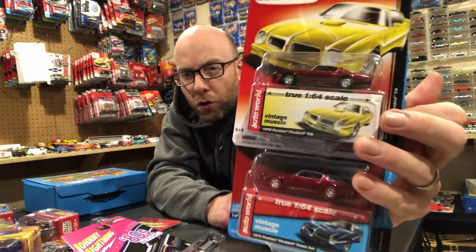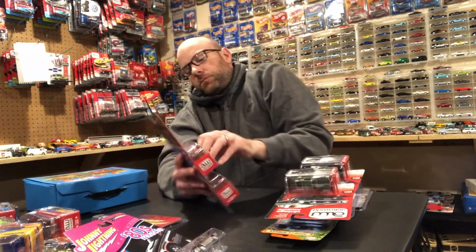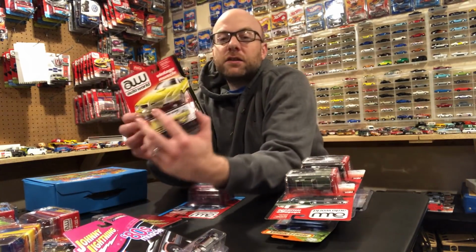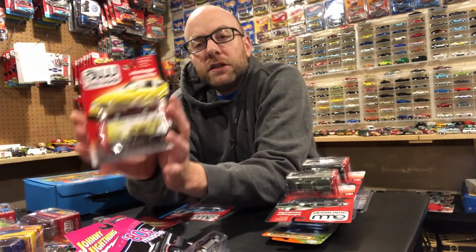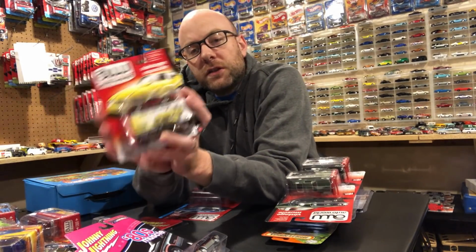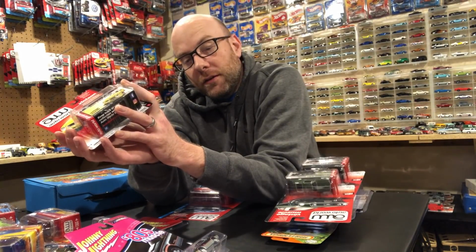on those. But we are going to open both of these. I'll open both of these in the second segment of the video. I still actually need 2 more variations of this car from Release 5. There is the Walmart exclusive variation, and then there is also the C and D version, which I know Auto